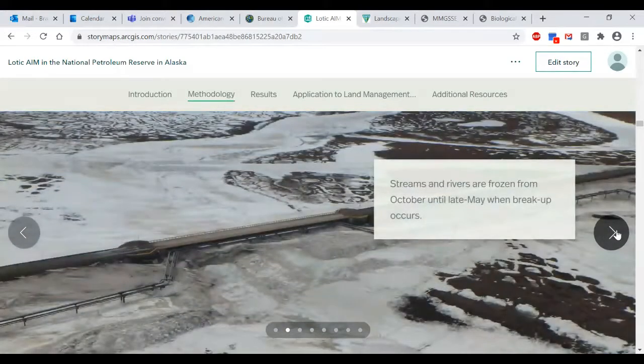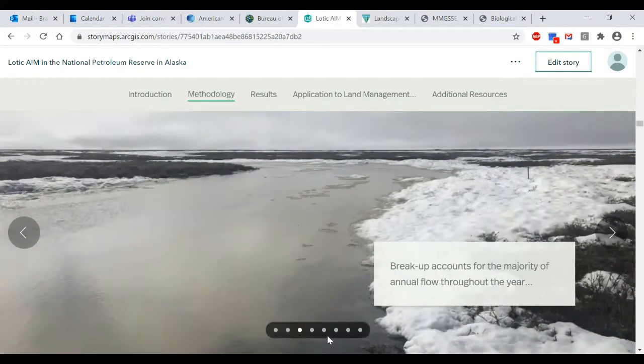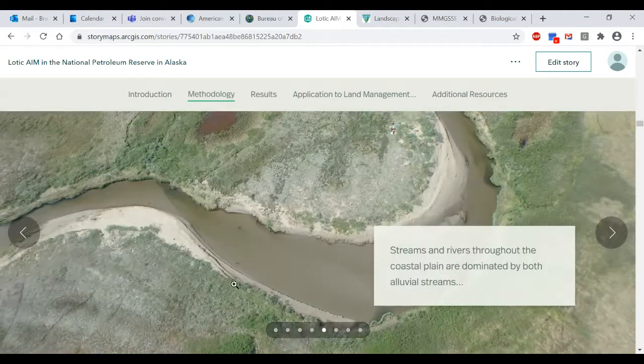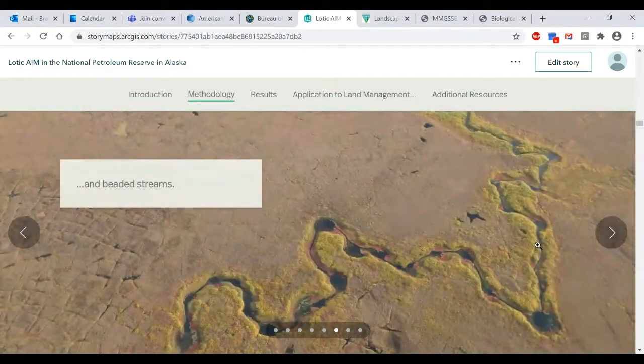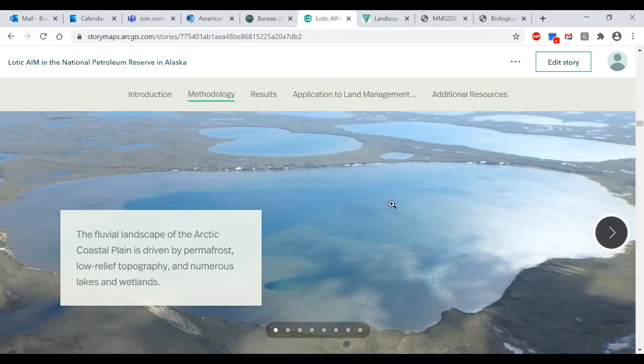And so with these slideshows, you can add different photos and kind of show the different types of diversity that you see, and add little blurbs just to kind of go into a little bit more detail and highlight those key geological or climatic factors that you might encounter. And so the North Slope is kind of a crazy, unique landscape. At first you just think it's flat and there's no topography, but it's pretty unique with the type of streams and the amount of water and the connectivity of all these water bodies.